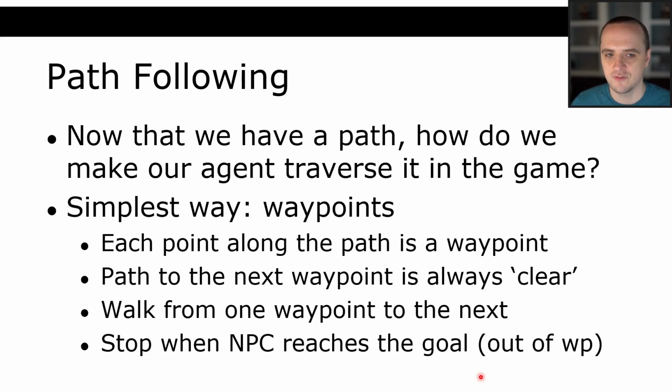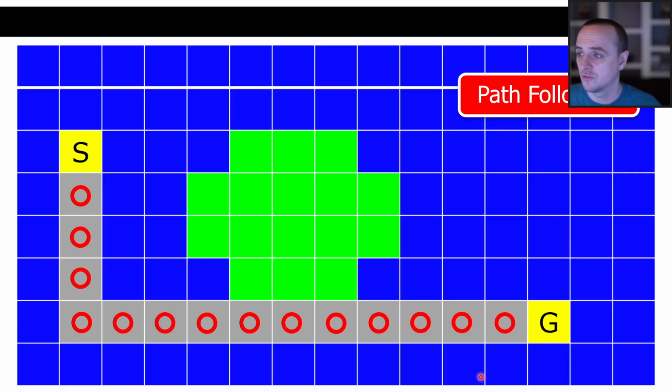So let's just have a look at this case in the case of a grid, right? We're very familiar with this because we did COMP4303, where we have a starting location. Let's say we've chosen a grid for our representation, and then what we did is we found a path. And that path, each movement along that path, each action, we've created a waypoint, right? So what we're going to do in order to do the actual path following is we're going to move from here to here. That's the first waypoint.